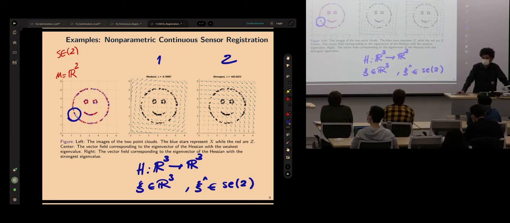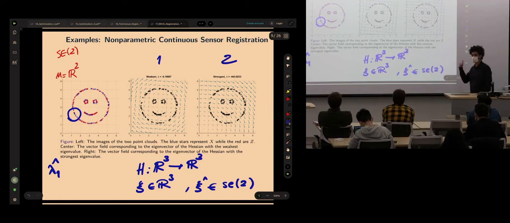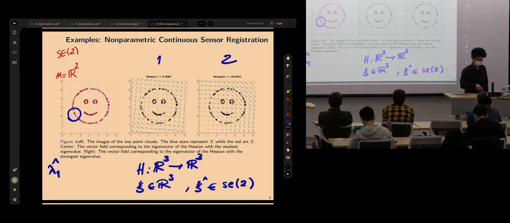Not fun to calculate, but possible to calculate by hand. So that will give you an operator, a matrix that maps vectors from R3 to R3. Then take the eigenvalues of this operator, the weakest eigenvalue as a vector field, which is what we do. You take the lambda 1, because remember, the eigenvalue of the Hessian is some vector like twist. Then put it in a basis of the Lie algebra, then generate a bunch of points in R2